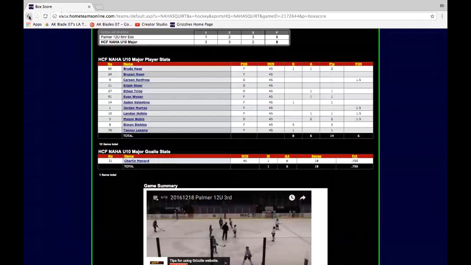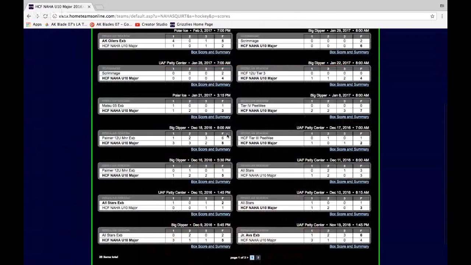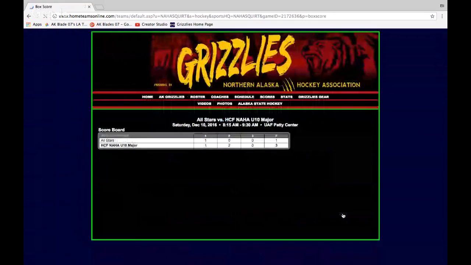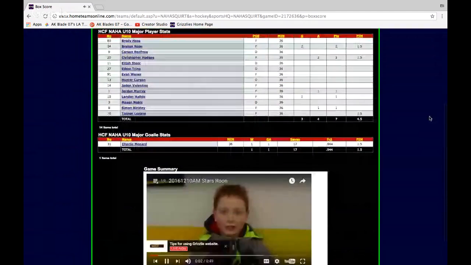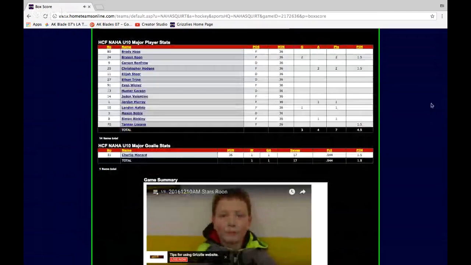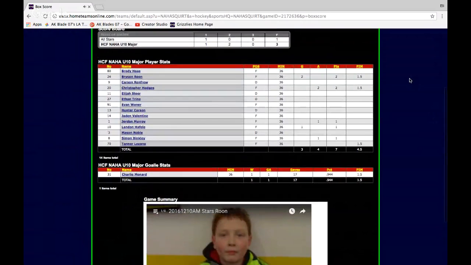I'm going to back up. Once again, every single game. I don't care, pick anything. We can pick a Stars game. You look at the box score, we can see who scored, obviously. It looks like that's Bryson Roan scoring 2, and the other goal was by Landon Halfley. There are 2 assists by Hodges,